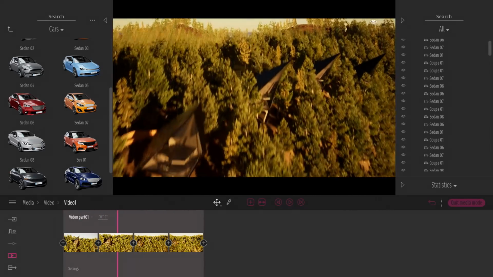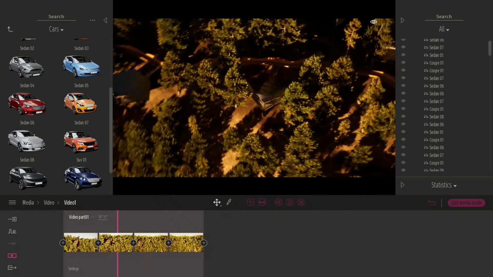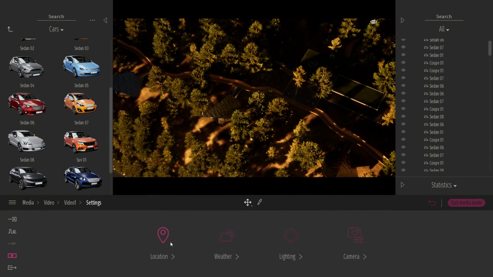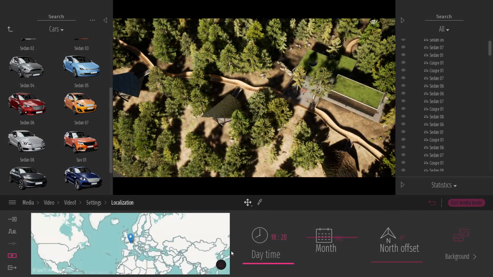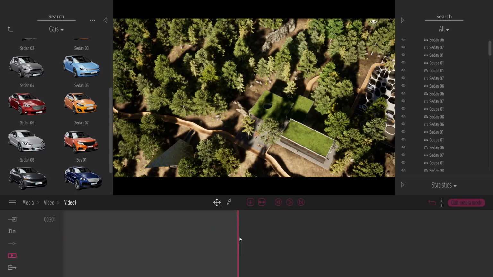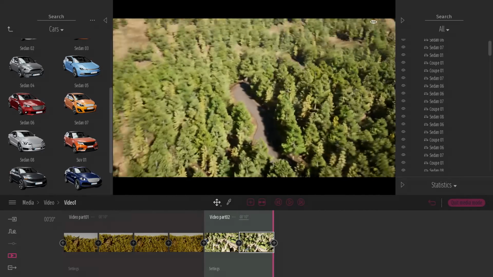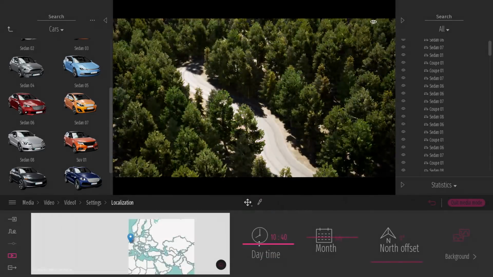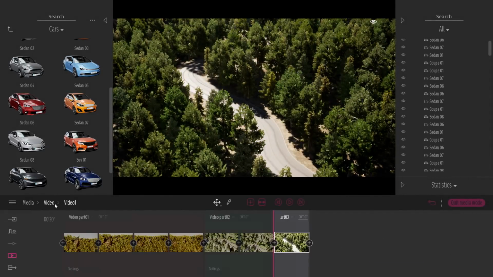I can create multiple clips. So let's create one like here. On this one, again, I'm just going to change the time of day, so we are not always in this nice sunset. We can also have a third clip, maybe on the roads. Same thing here, just changing the time of day, so we can see a nice effect on the roads.